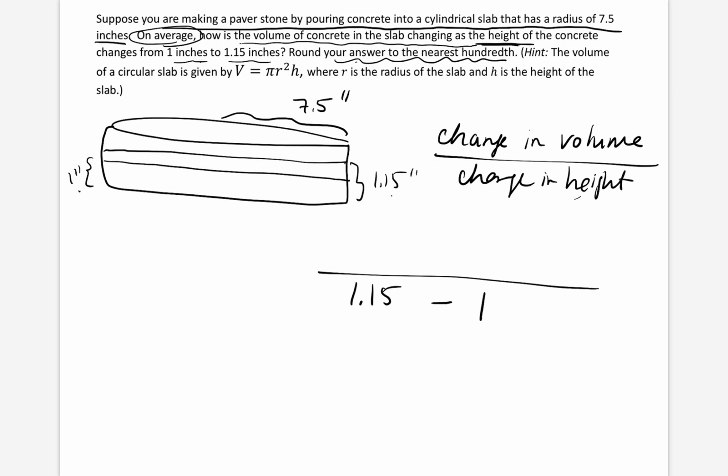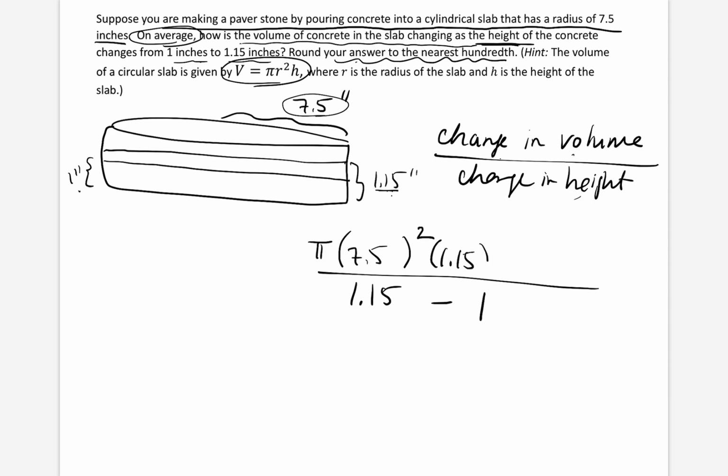Now we need the corresponding volumes. So what is the volume when the height is 1.15 inches? Well, they've given us here the volume of a circular or cylindrical slab, right? So that's pi r squared times height. So in this case, when the height of the concrete is 1.15 inches, our volume is going to be pi times our radius. Well, our radius is 7.5 inches throughout, so that'll be 7.5 inches squared times our height, which